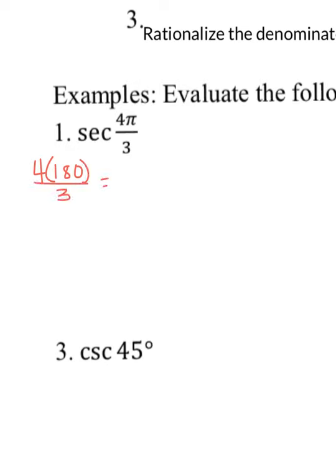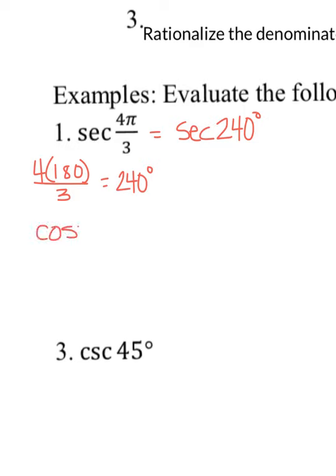4 times 180 divided by 3 is 240 degrees. So instead of asking for the secant of 4 pi over 3 radians, let's say it's the secant of 240 degrees. Again, it's the same thing, just asked in a different measurement. Okay? So in order to figure out the secant of 240 degrees, we have to figure out